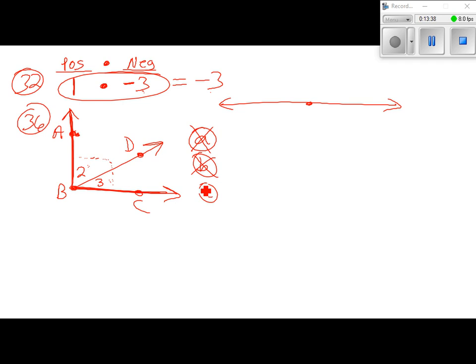Collinear means on the same line, so A, B, and D, they're not on the same line, so that won't work. And D says none of these. Well, that's going to be our answer, letter D. That's supposed to be